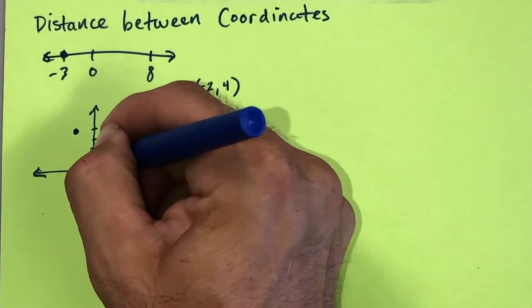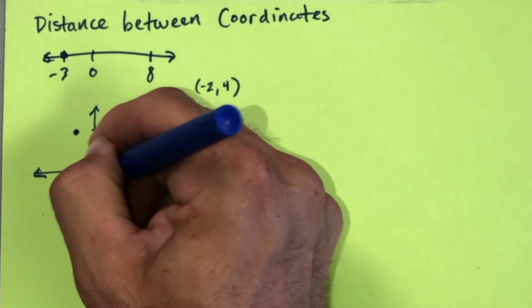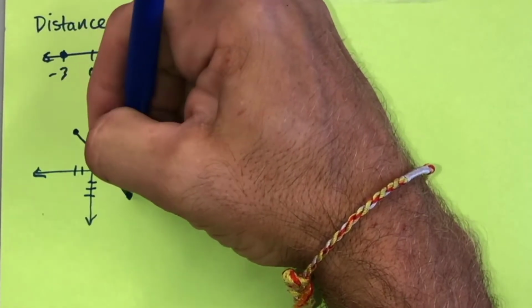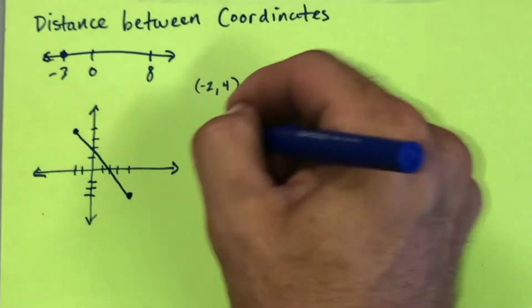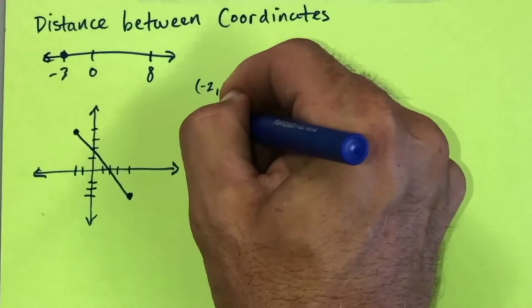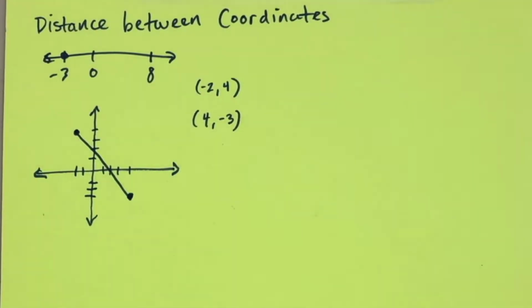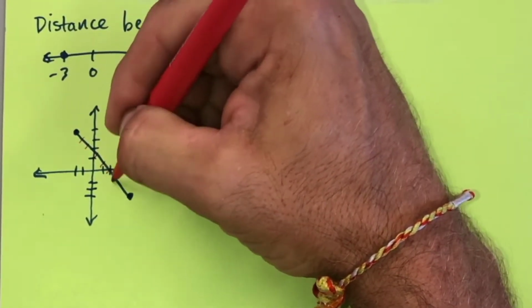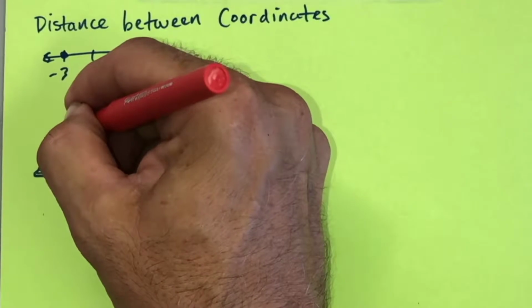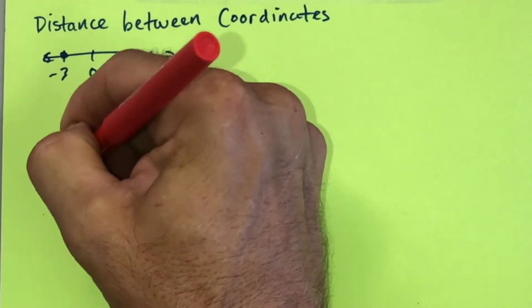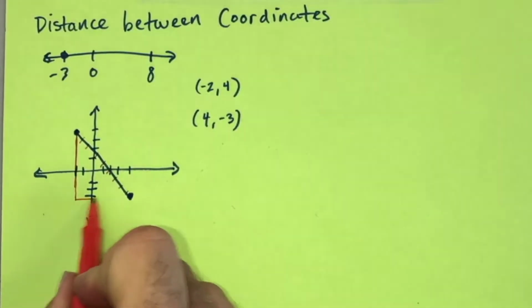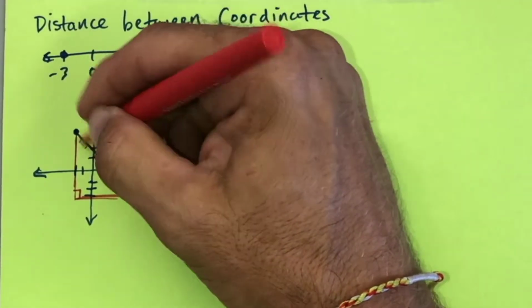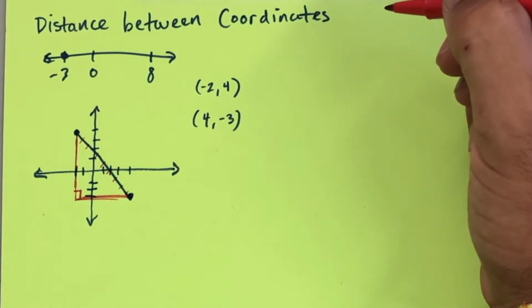And we're looking at a point 4, -3. Basically, looking at this, we understand that there really isn't any way I could count units on a diagonal. My units are given in a vertical and a horizontal fashion. So basically, in order to find the distance between 2 points on a coordinate graph, what